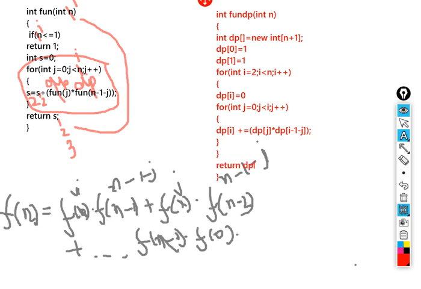and there is no issue with the code. Basically my sole motive was to demonstrate how we convert a recursive solution into a dp solution, and you can see there is hardly any code difference. The only thing is we added this extra loop, which we figured out by replacing this n with i, and then what we need to store, that also we figured out from here. This fun j and fun n minus 1 minus j was being called every time, so we replace this fun with dp. And this s part is useless over here, so we need to store this value. We always wanted to store this value.